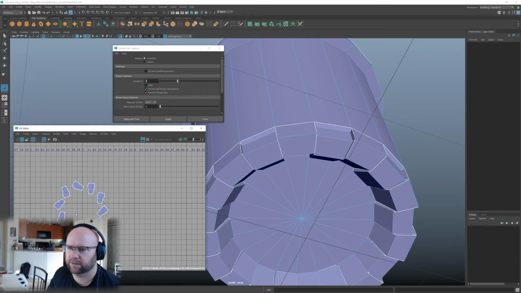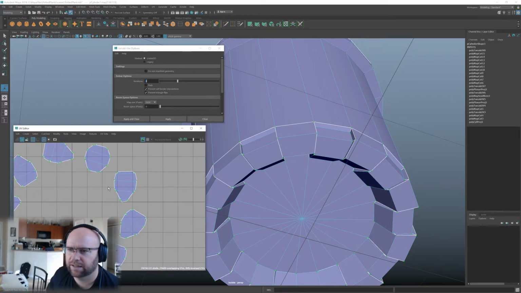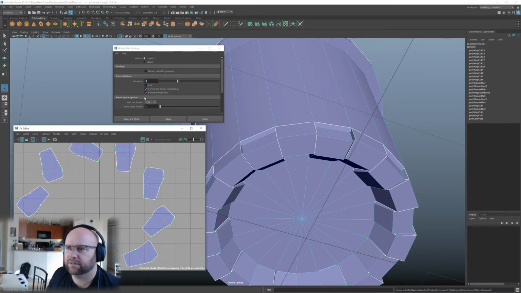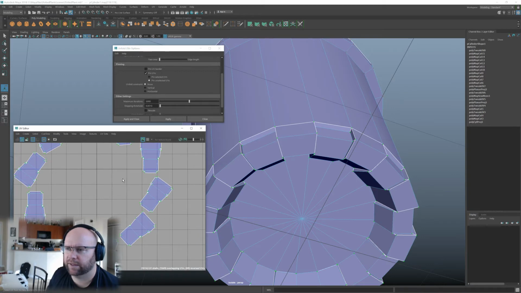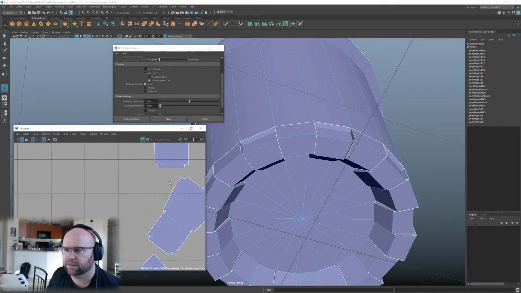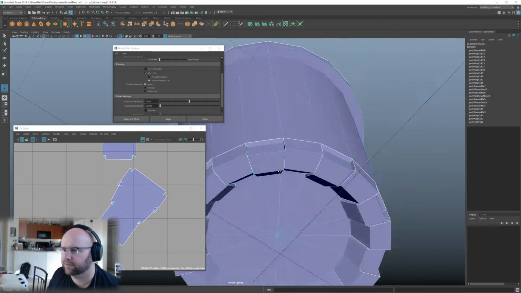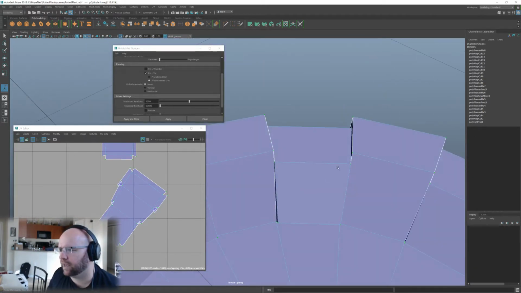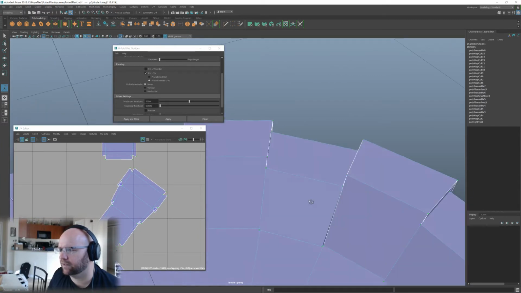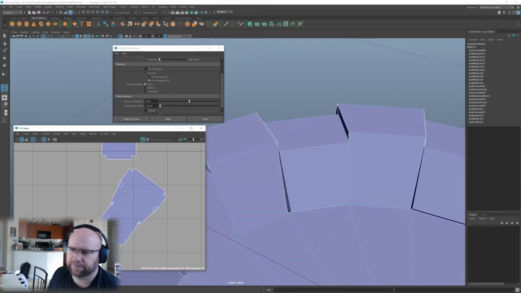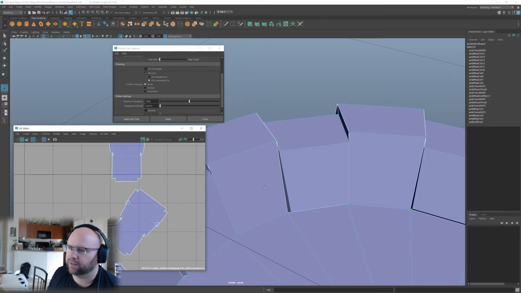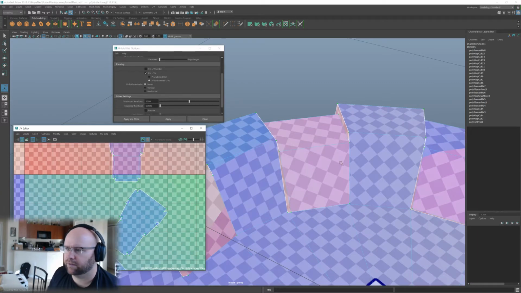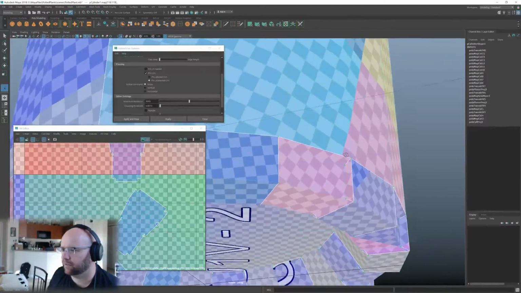Alright, let's unfold these again. Whoa! Fail. Alright, let's switch to Legacy. That's better. Sort of. I think the model itself has some issues right there. Yeah, that is what it is. But whatever. This is probably slightly better though, at least in terms of distortion. There'll be some funky overlaps, but